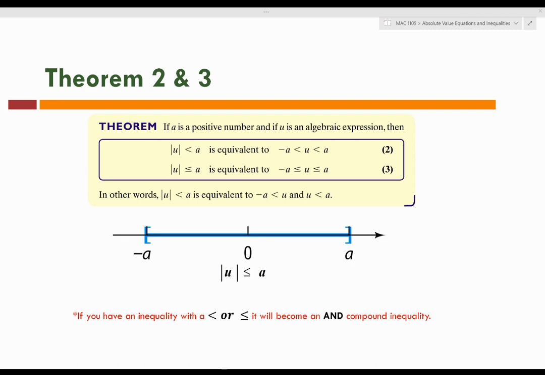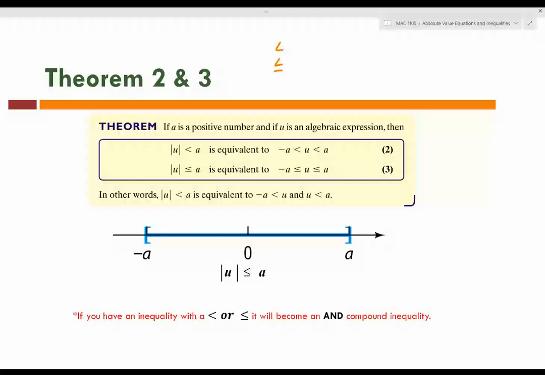All right, you guys, now that we've talked about absolute value equations, we're going to change gears a little bit and talk about absolute value inequalities. So the first ones that we're going to look at are inequalities that have the less than, or less than or equal to symbol. We'll later look at ones that have greater than or equal to symbols, and they're going to be solved a little differently. So our theorem says if A is a positive number and if U is an algebraic expression,